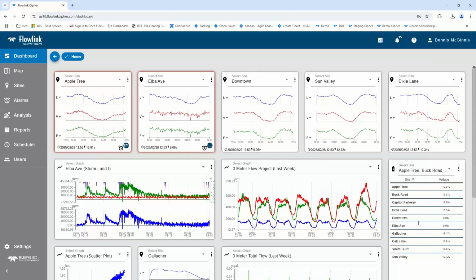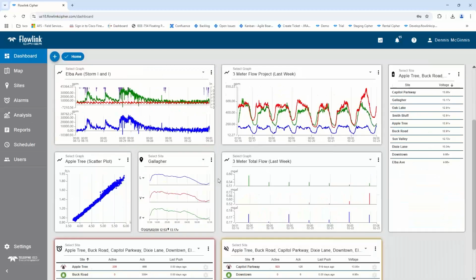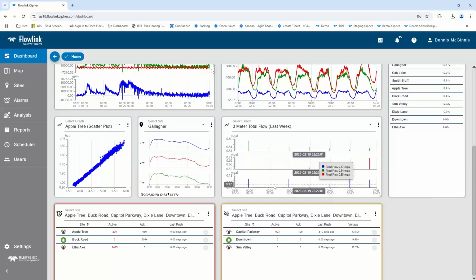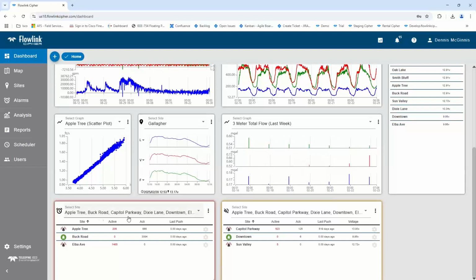Included on the dashboard, I've also got my batteries here. I can sort them from high to low, so I know which sites need to get new batteries in them because they're going to get pretty low before they stop working or the modems quit pushing in. Also, I can do everything from scatter plots to more graph gauges or site graphs. Here I've got some total flow reports. And then finally at the bottom, I've got